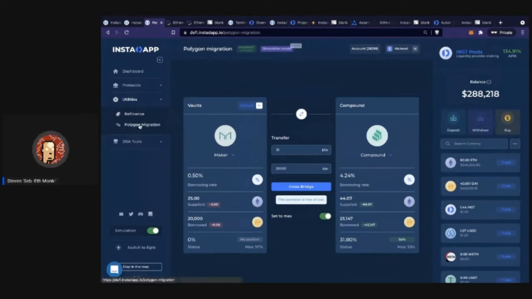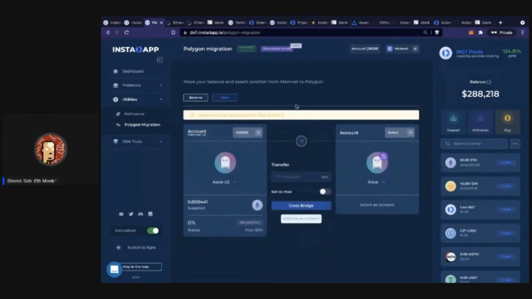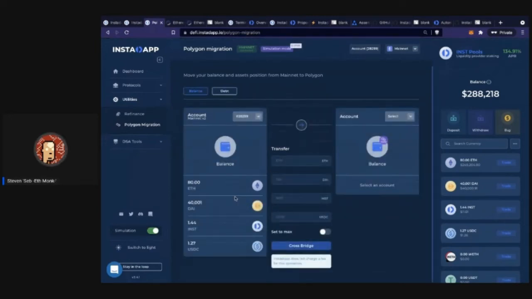So we have the Polygon Migration. Unfortunately, the Polygon Migration is not working for the newer accounts. It will probably be working in the next month or so. But essentially, if you were able to use this earlier, it was really awesome. You're able to take your Aave V2 position and bring it all the way into Aave Polygon market. And that way you can take advantage of the super low fees, any of the farming opportunities on Aave. Very, very cool that we're able to do this. You can also move your balances, which is essentially accessing the traditional Matic bridge, so just moving your assets from one side to the other.